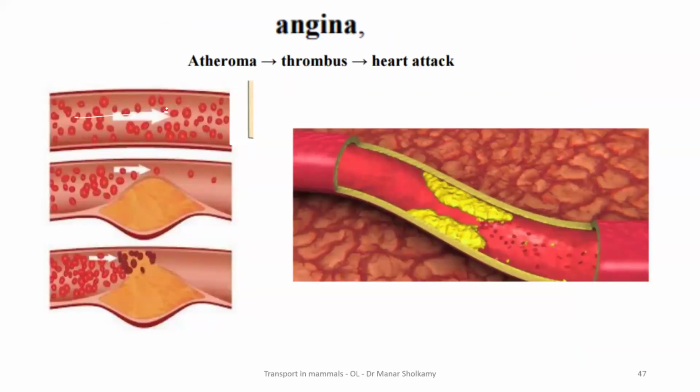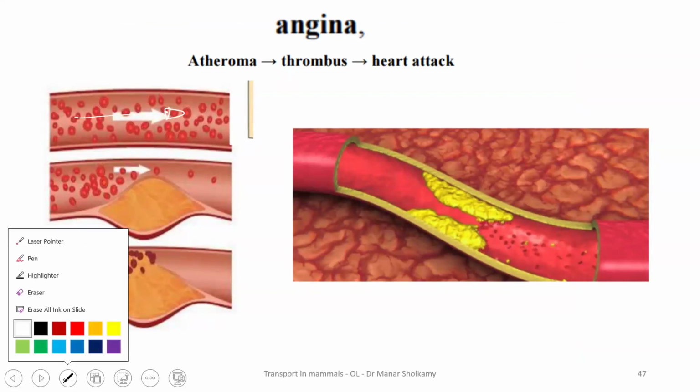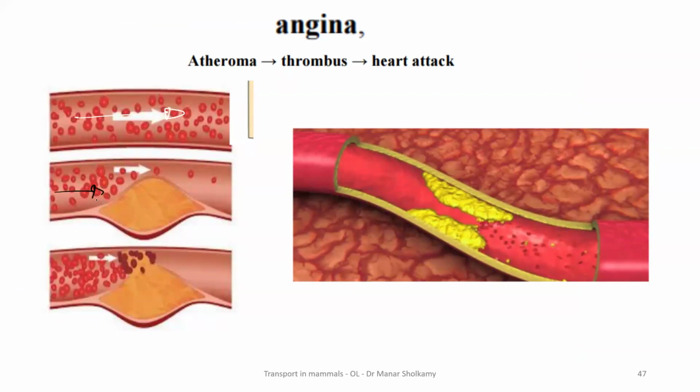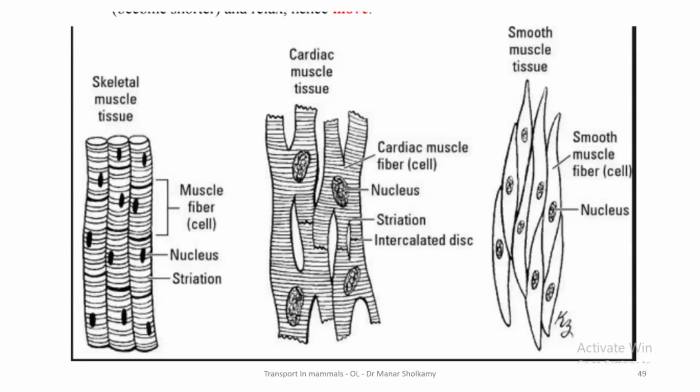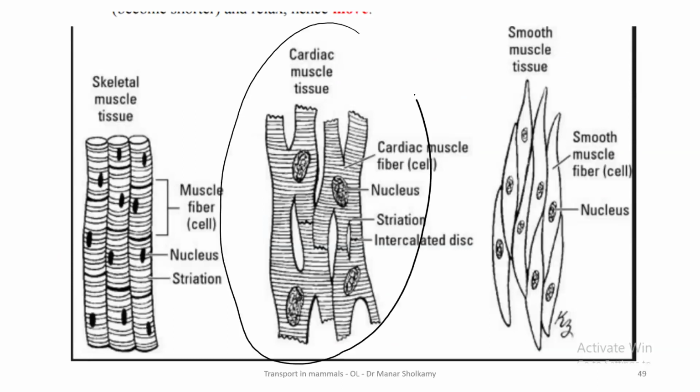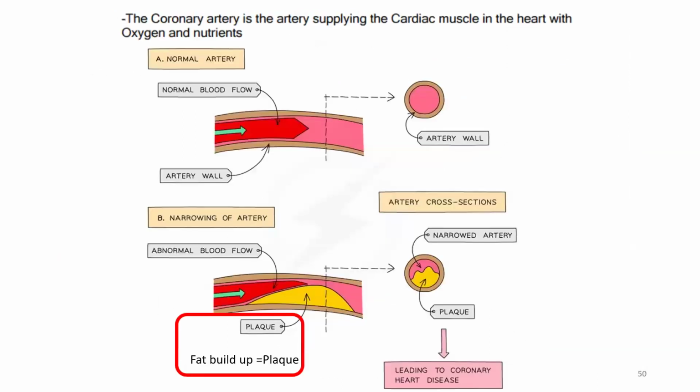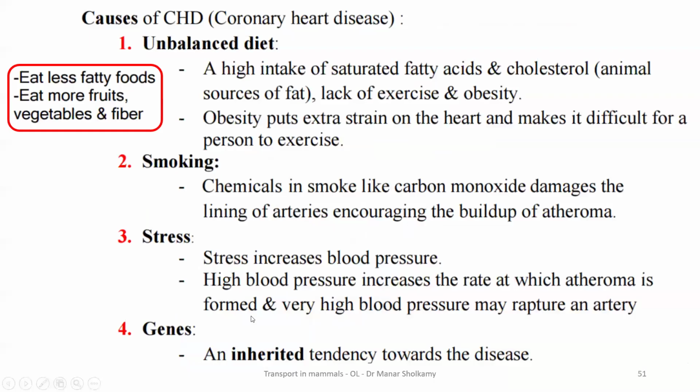Now, this is a healthy artery. You're not eating McDonald's or noodles here. Here you're eating some, so you will have the buildup of fats, and with time this will cause complete blockage. This is atherosclerosis, and the pain is called angina. In case they ask you, these are the branches of the coronary arteries. We have many coronary arteries, thank God, because if one is blocked, the other can work. Okay? This is the cardiac muscle. You have to know its shape. This is the fat buildup or the plaque because of the McDonald's that you're eating.